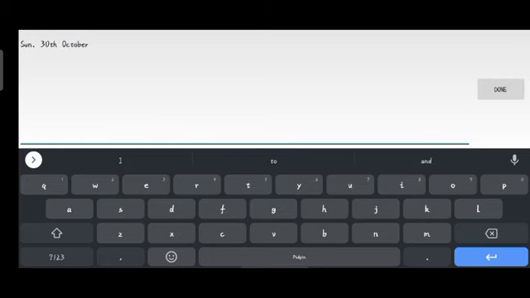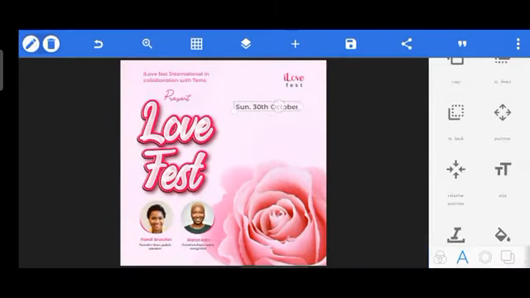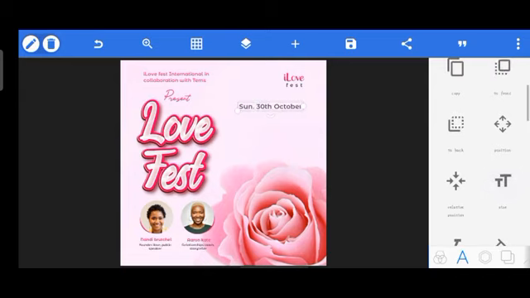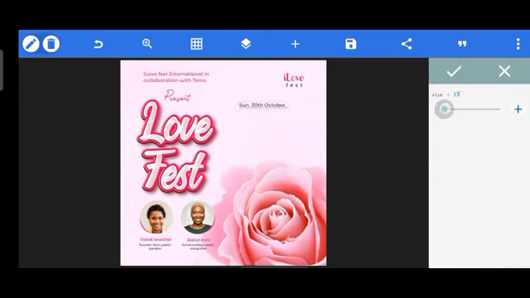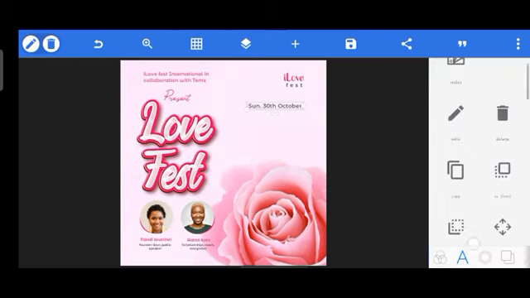October. Okay, cool. That is it for the date. Semi bold, and it's gonna be left aligned with this I love text, so it's gonna be left aligned with it, and then we'll resize it. It's too big. 17 will be great, so I'll move to the left and bring it down a little,